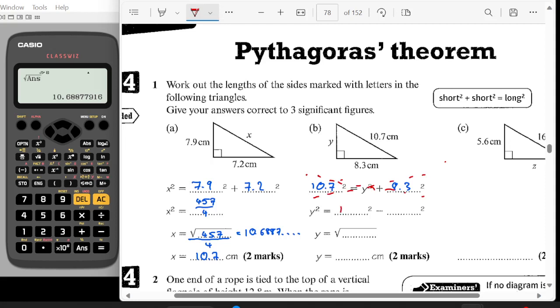So I would treat it as 10.7 squared minus 8.3 squared. That is going to give me 228 over 5, and they've jumped straight to the square root of that. So the square root of that is going to give me,